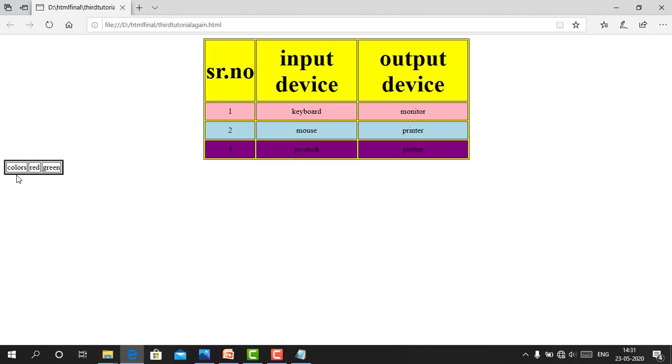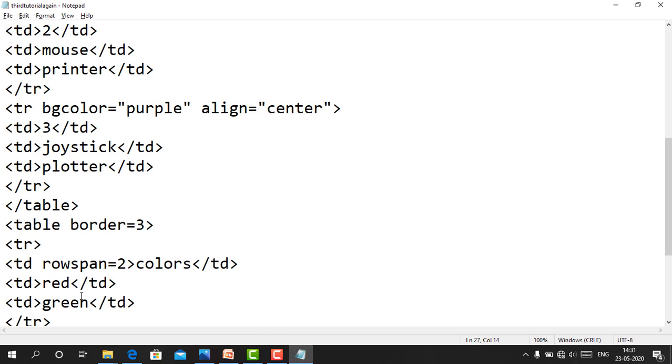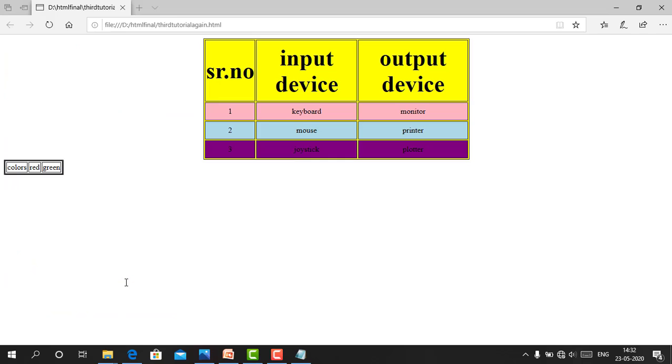Okay, but color should be in the 2 parts, so green should be in the next row. That's why green, where is green? Here is green. So TR tag should be close here, and the new TR, means table row, starts from here. So TR tag. Okay, Control S, Alt Tab, just refresh it.